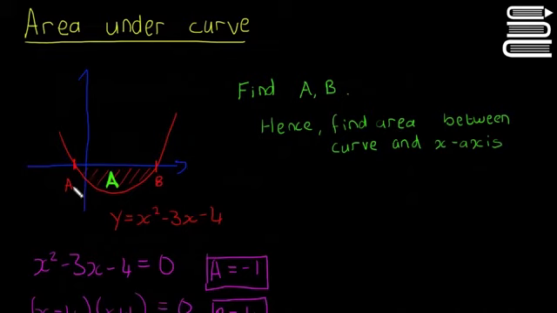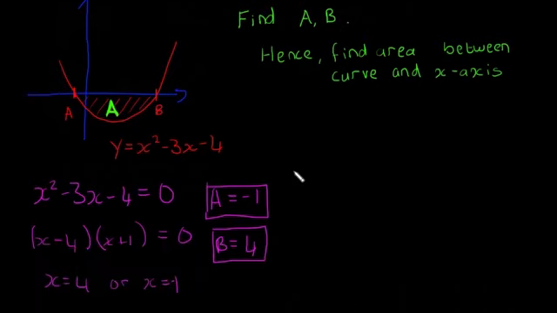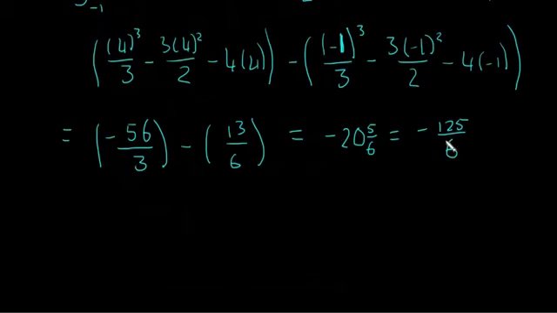So the other example, we had an n-shaped curve. So when we got the area, it was a plus answer. Here, since it's below the x-axis, it's going to be a minus answer. So basically what you do is you just get rid of the minus. You just say, oh, well, it's a plus because it was under the x-axis. So you don't need to give a reasoning for that. You can just say, therefore, the area is equal to plus 125 over 6. So I'm just going to do that. I'll finish it off in orange. Then I'm just going to say, this implies, or therefore, area is equal to plus 125 over 6